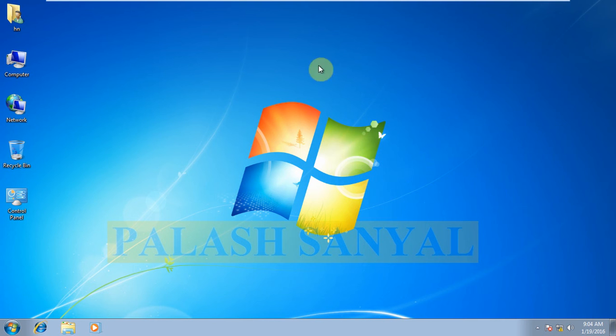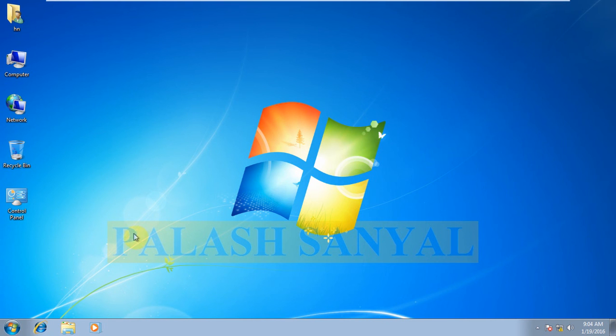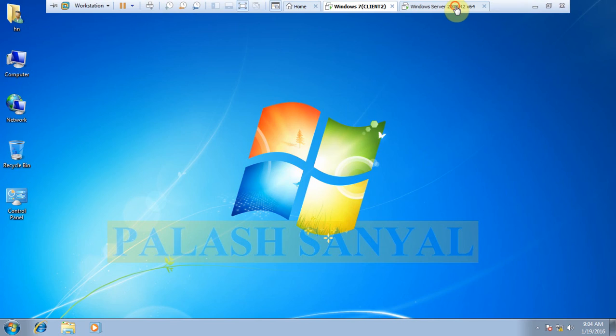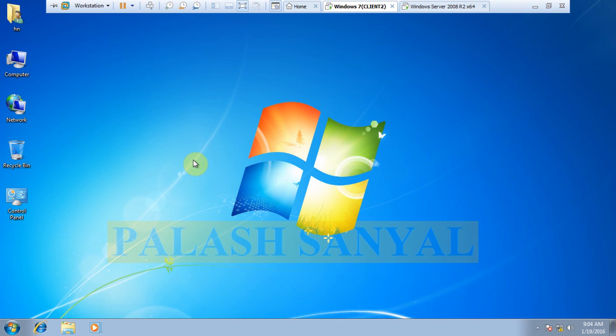Now I am in the Windows 7 client machine, so I connect to the server administrator's command prompt using Telnet services.